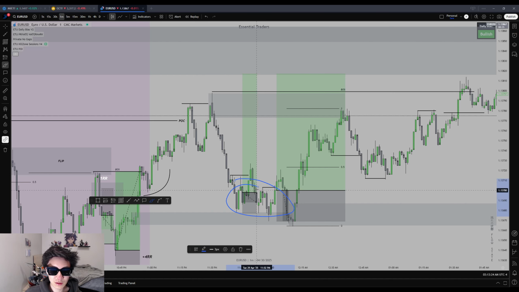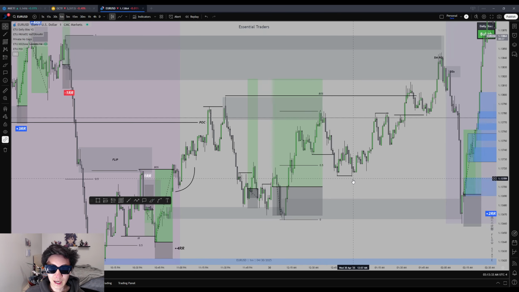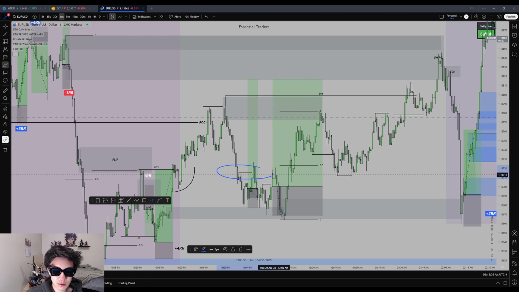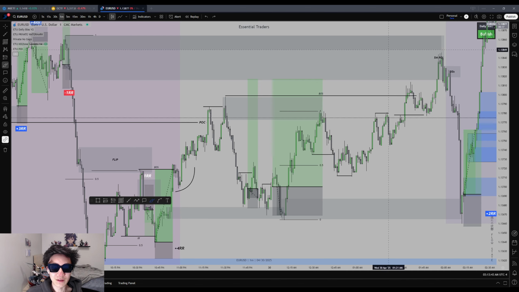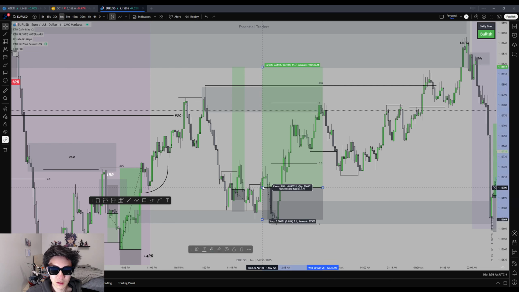Basically entered off this OB here, and then I did not go break even here because this is typically what happens. My rule is if I take an A+ setup, I don't go break even. I just let the trade run. If it's a B+ setup, I may or may not break even. It just depends on the context, right? In this case,